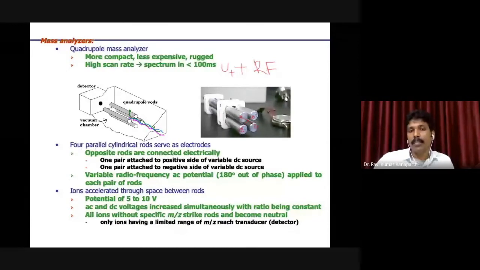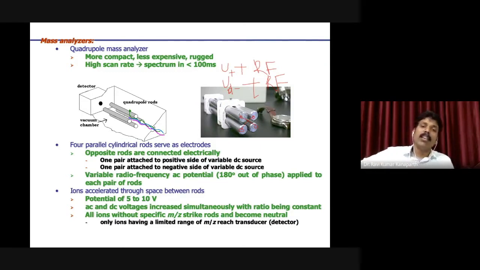Similarly, we will apply the same thing. This is negative, sorry, this is negative, and then the same frequency that we will apply. So the same strength but different signs. The voltage plus a radio frequency pulse are applied between the opposite poles. So when you apply this kind of voltage plus the radio frequency pulse, now let's say